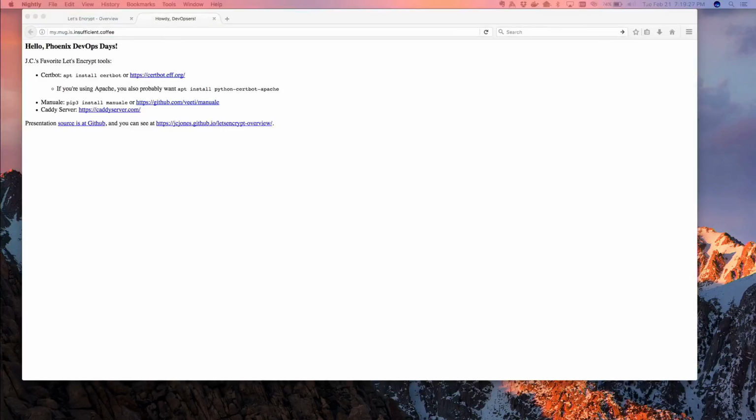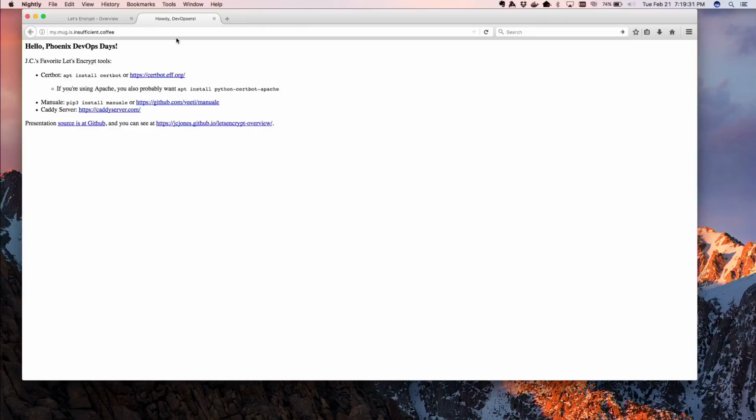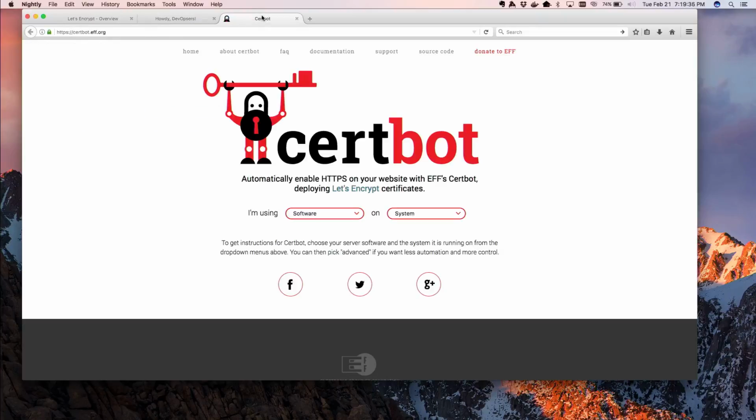All right, so the first thing that I'm going to show you is Certbot. It started its life as the official Let's Encrypt client, but it turns out that was really confusing to people because Let's Encrypt doesn't need an official client. It's a standardized protocol. You can use whatever you want to do it.